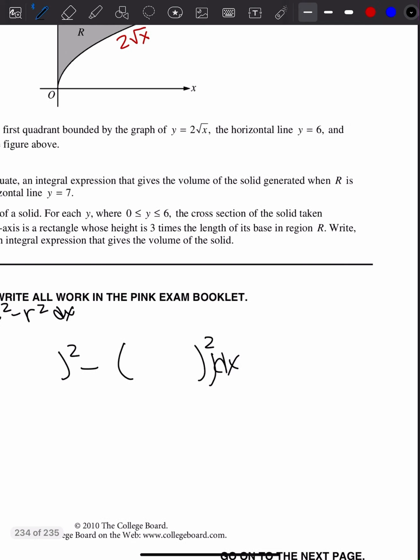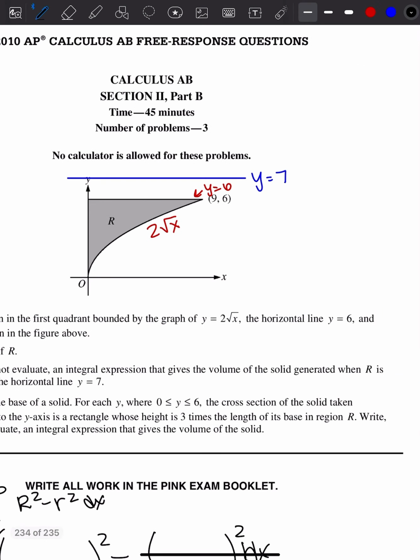Okay, so big R squared and little r squared. Big R is the one that is farther away from that axis of rotation. Our axis of rotation is up here, and if we go all the way down, the farther one is 2 times the square root of x. Now we need to remind ourselves that we want the distance between our axis of rotation and the x-axis,